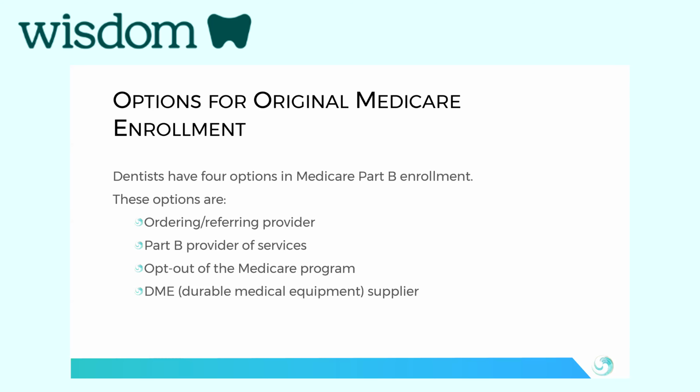Your doctor can also decide, I want to opt out of Medicare. What does it mean to be opted out? It means that your doctor submits an affidavit to Medicare stating, I want to opt out of Original Medicare, and I want to be able to charge my patients for these covered Medicare services like a biopsy. And in order to do that, I agree that my patient cannot file a claim, and I cannot file a claim for a covered Medicare service, and I'm going to enter into a written private contract as an opted out provider with every Medicare patient. That is critical to understand what it means to opt out.